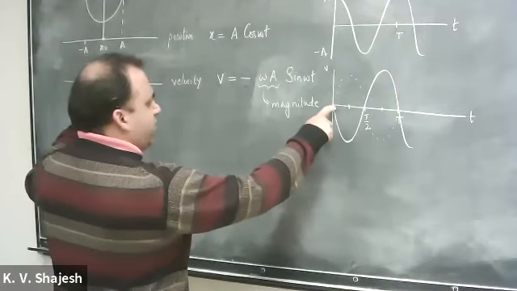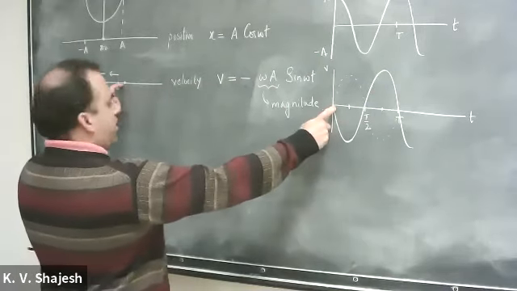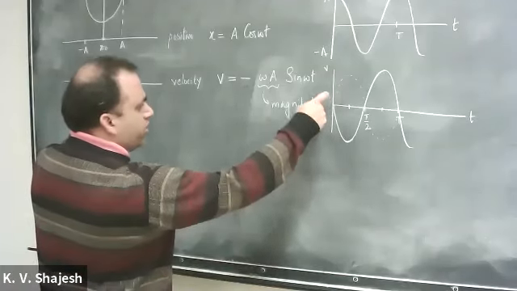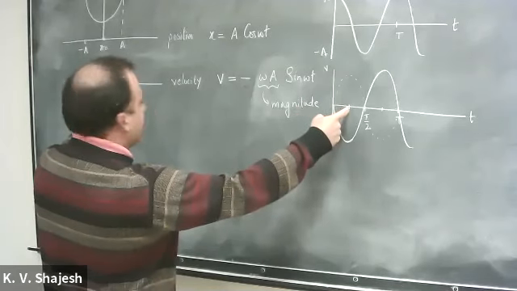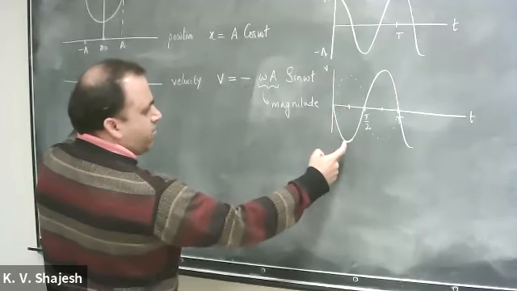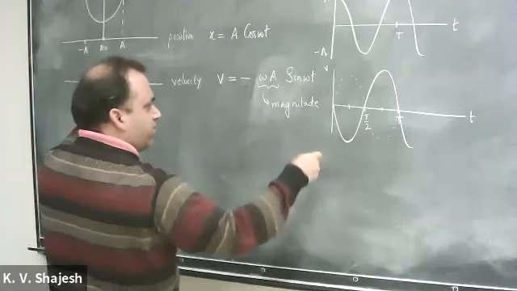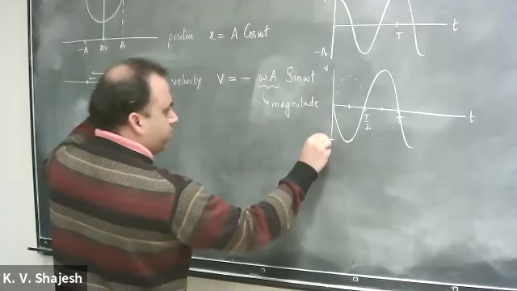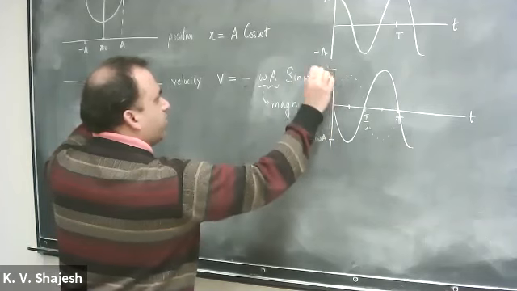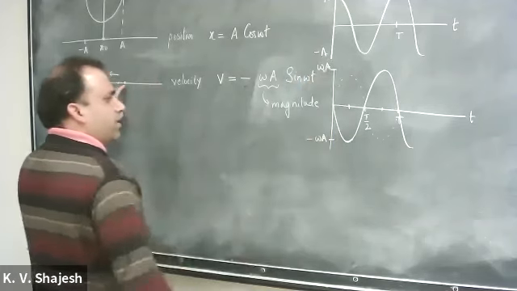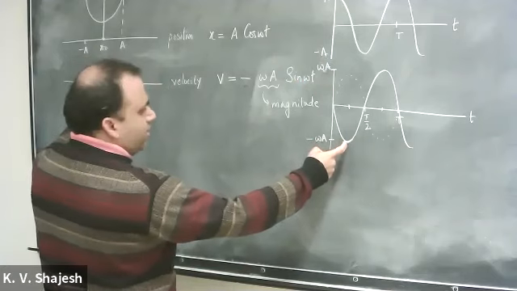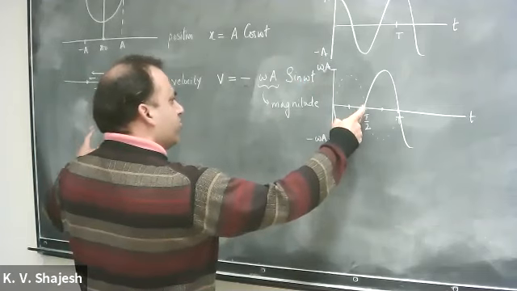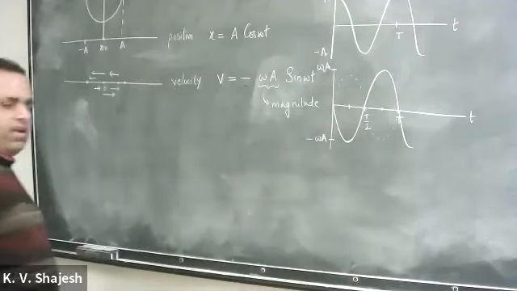Let's see if this matches at t equal to 0. It started down here on my left pointing finger. So that's velocity equal to 0. As it goes down, when it reaches the center here, its velocity is a maximum, but in the negative direction. So that's the negative side here, so that's minus omega a. And on the top here, that's plus omega a. So it reaches a maximum and then overshoots it and then starts decreasing again. And once it reaches 0, then again it goes in the positive direction and comes back.